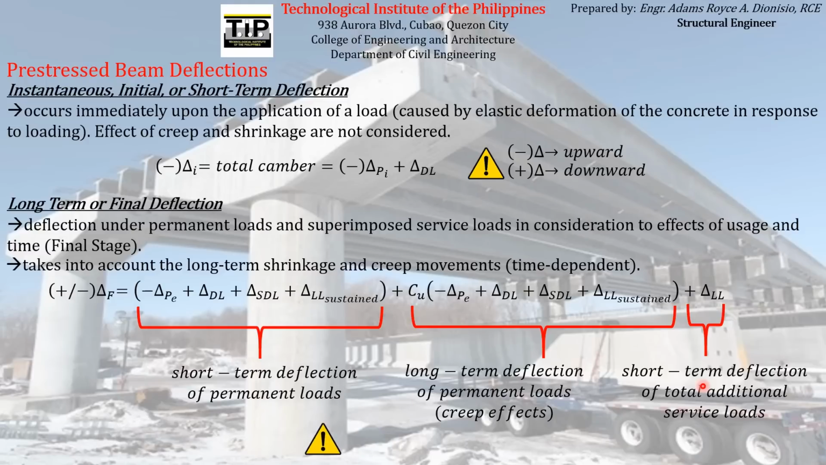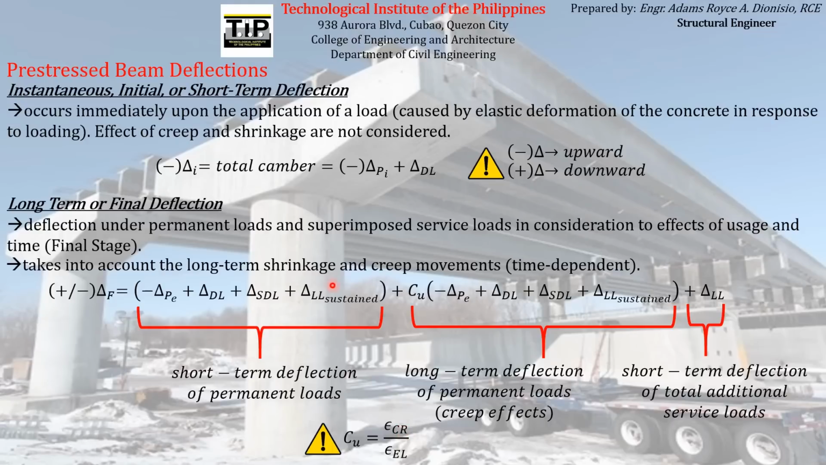So you just have to take note of the formula for Cu. Cu, the creep coefficient, is just the ultimate creep strain divided by the elastic strain. I hope you can remember these terms that we are saying here. The ultimate creep strain is the maximum magnitude of the strain that will be experienced by the concrete element